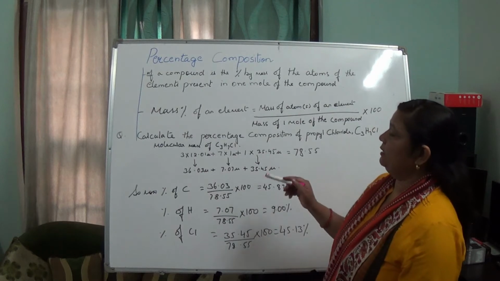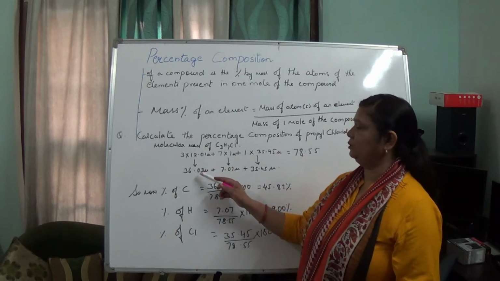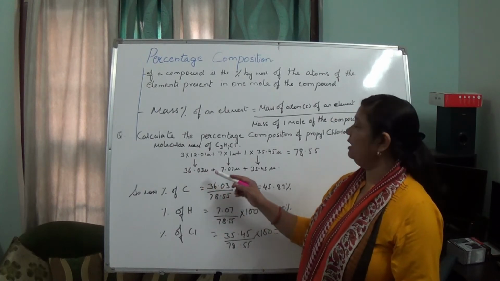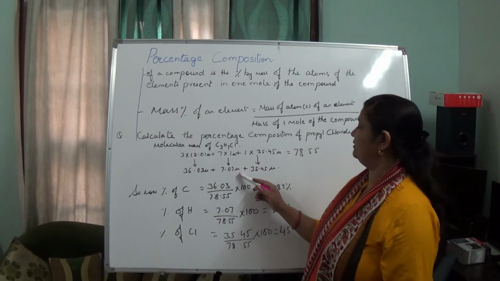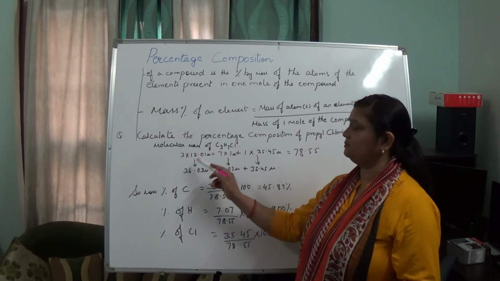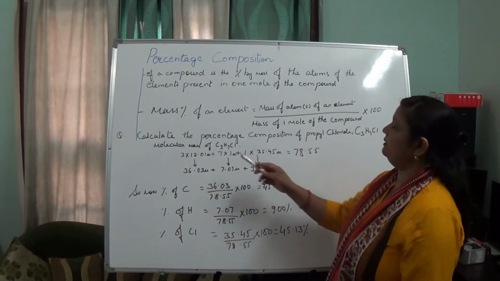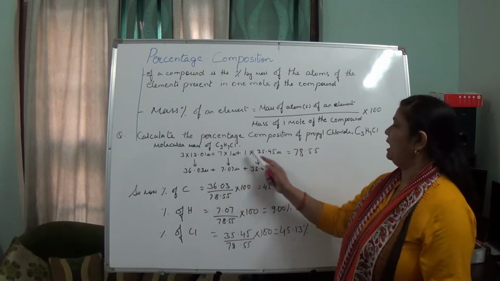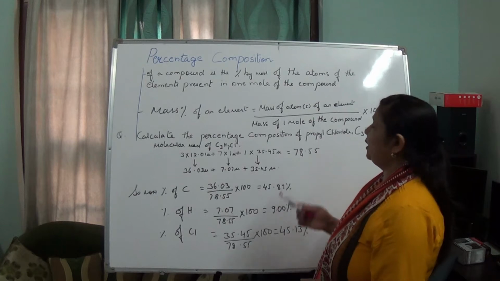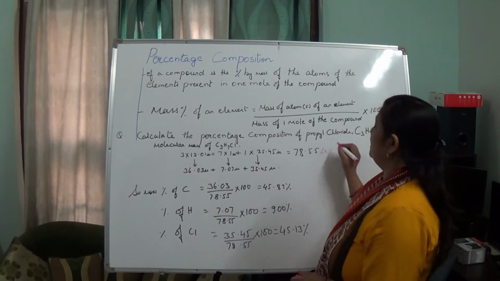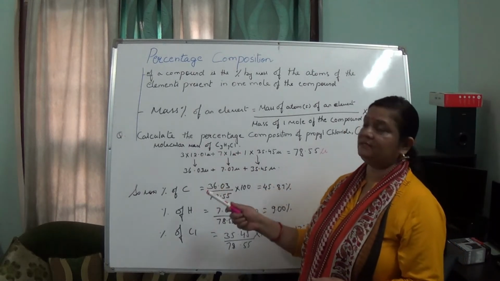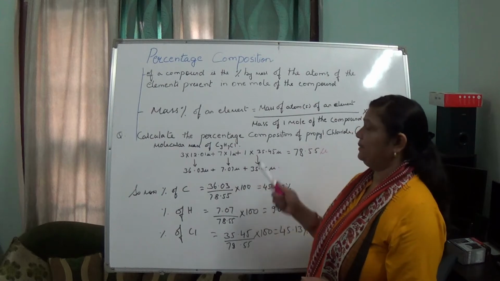Okay, so here when we are taking out separately, you can see total of carbon, how much it is present by mass? It is 36.023. Hydrogen, how much? 7.07. And chlorine 35.45. We have just multiplied the atoms with the atomic mass. Okay, and then what have we done? We have added all. After adding, the whole molecular mass of propyl chloride we are getting 78.55, isn't it? Now we have to take out separately the percentage composition of the elements present in the compound.